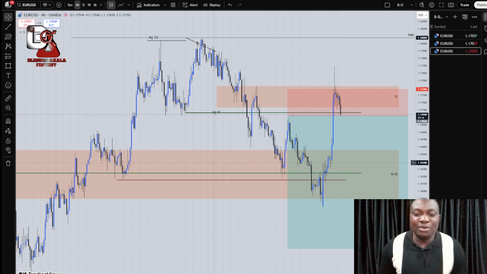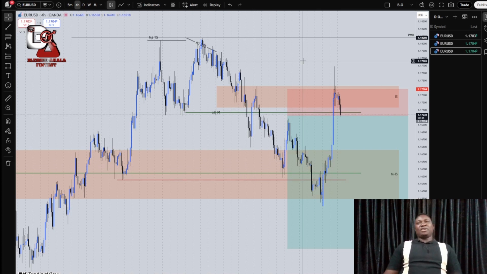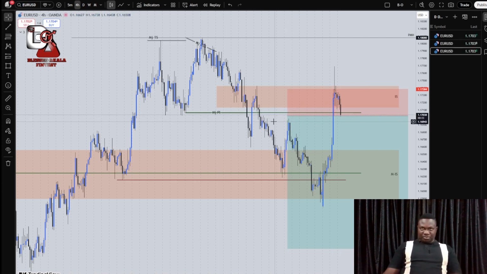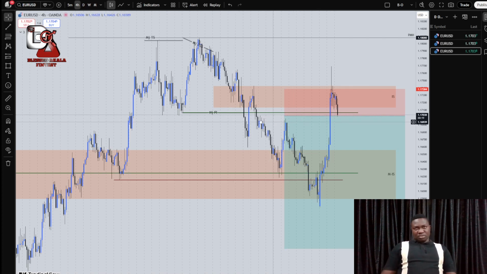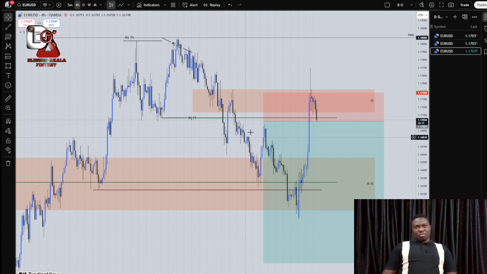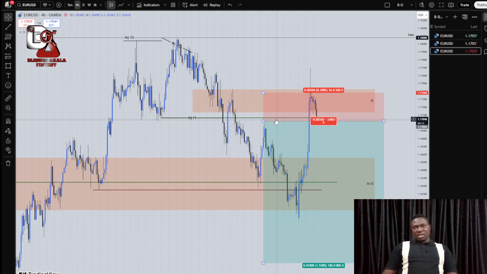As we can see from our previous analysis that we made last week, I guess last week Monday, I did point out this level here, which serves as our mitigation block that we are actually expecting price from. Since that Monday, I've not been able to sit down properly with the system, but I noticed that we have a reaction prior to getting to that level, and the reaction did give us some nice movement toward our expected direction.